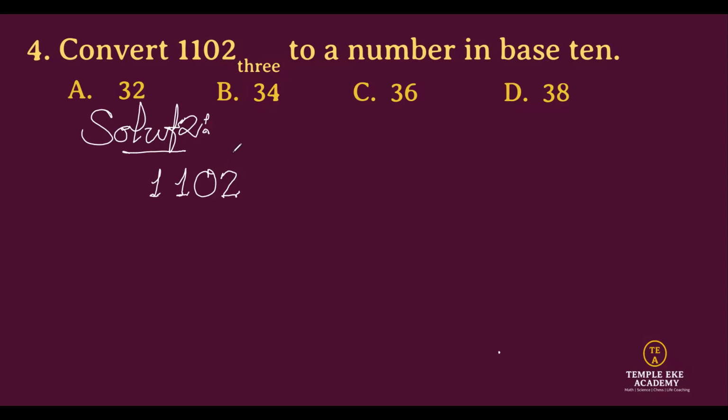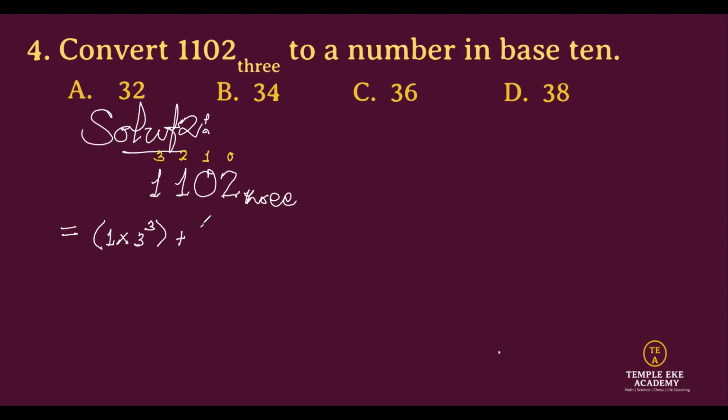From the far right hand side, 0, 1, 2, and 3 until we exhaust the digits towards the left. This is in base 3, and we wish to convert it into base 10. So the expansion begins. We're going to begin to take the digits. The first digit is 1, multiplied by the base, and the base is 3, raised to the power of the number written on it, which is 3,